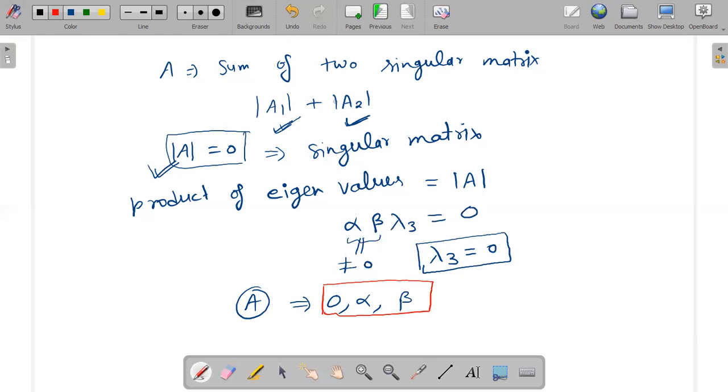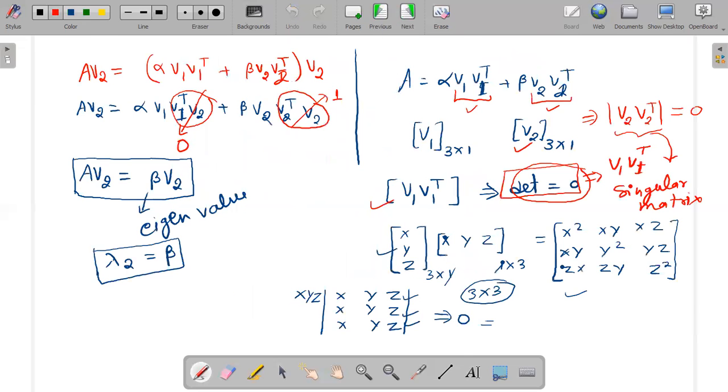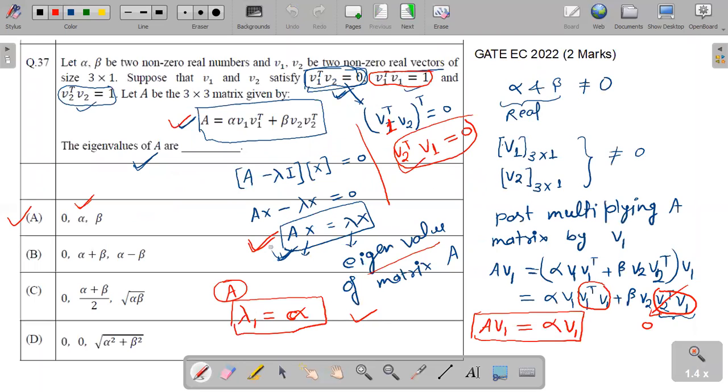And these eigenvalues are given in option A, right? So we have solved this question in very little time, from finding only one of the eigenvalues. From checking only one of the eigenvalues, we can choose the option directly, right? So the option is A, but we have solved this question completely for understanding of the concept. So this is the complete solution for this question.